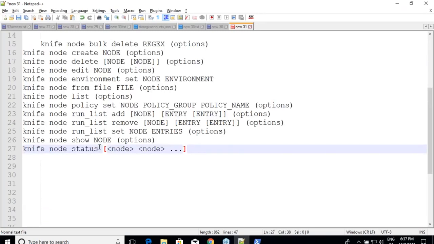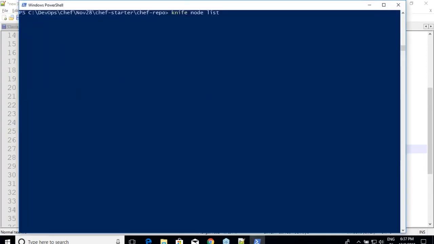Whenever I want to do any activity, I'll try to basically use hyphen hyphen help. Knife node list. If you try to execute this command outside of the chef repo, you'll not get any answers. I think we know that. And if you want to see all the options that are possible in list, you can always use knife node list hyphen hyphen help, so that you come to know all the possible options. So it is trying to tell that you have